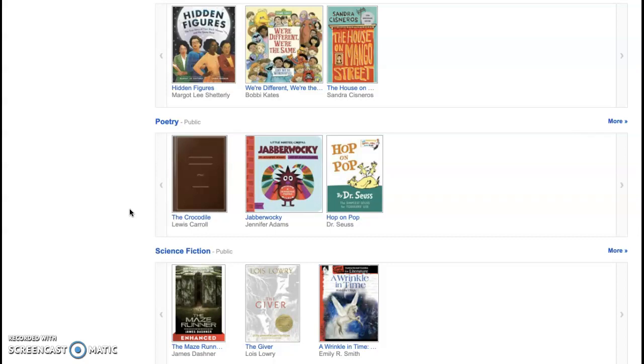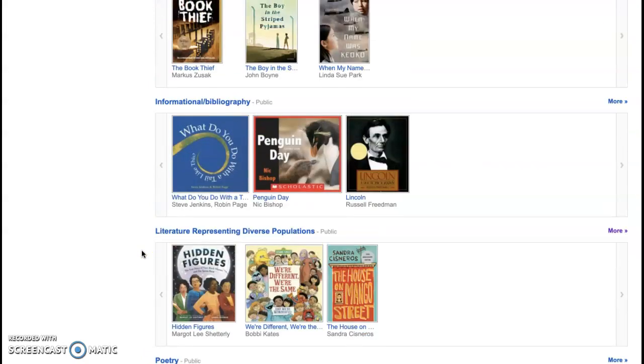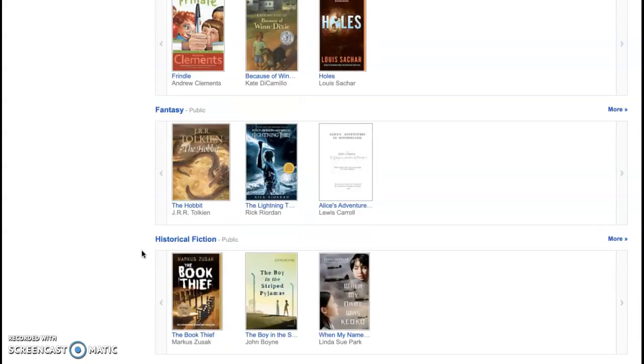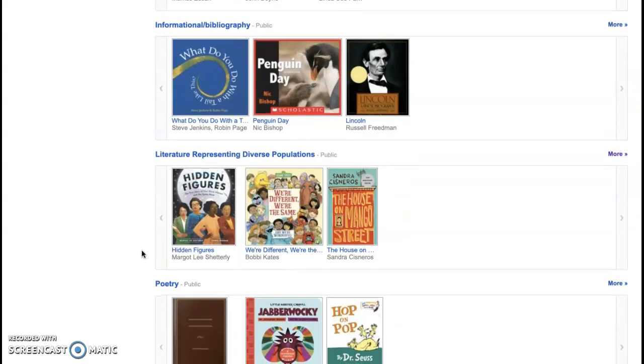Which books would you use with your future students? Wow. Honestly, I would probably use them all. Well, because I want to be a kindergarten teacher, I probably wouldn't be able to use some of the thicker books like the novels. I'd probably stick to picture books and maybe quite small short stories,